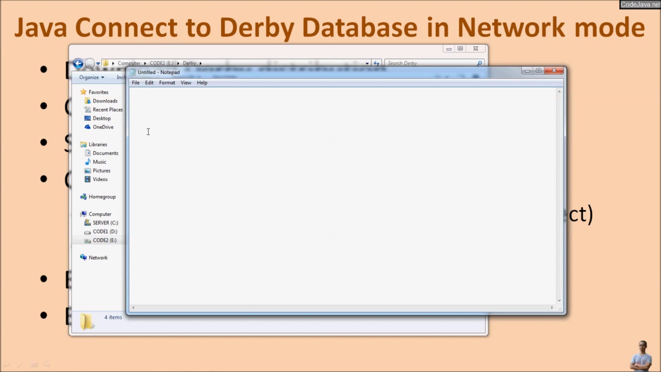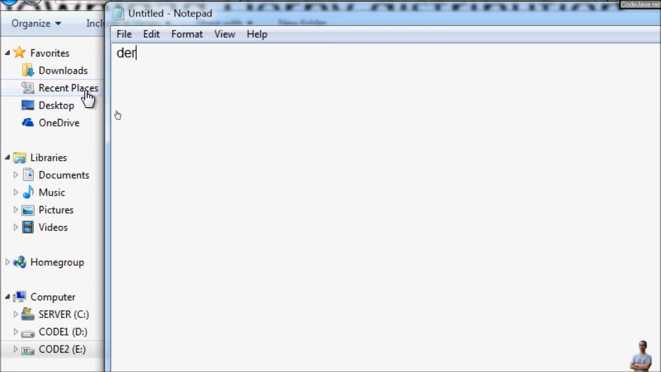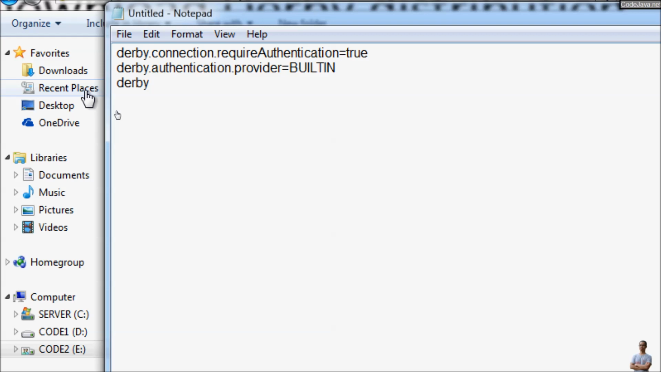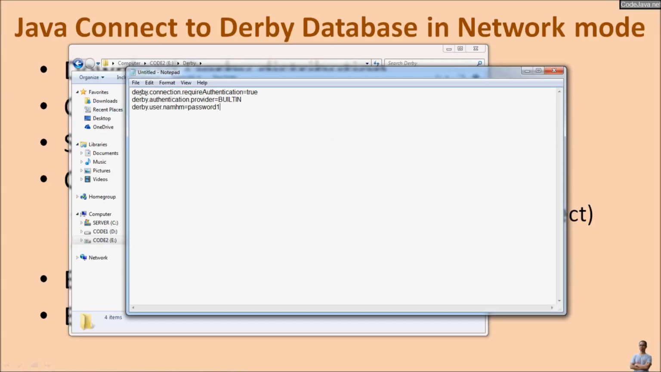and type this information. derby.connection.requireAuthentication=true, and then derby.authentication.provider=BUILTIN, and then we specify the username and password for the database: derby.user followed by the username. For example, the username is namehm and the password is password1, and save this file